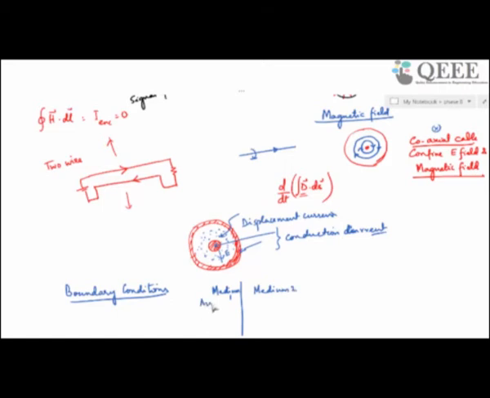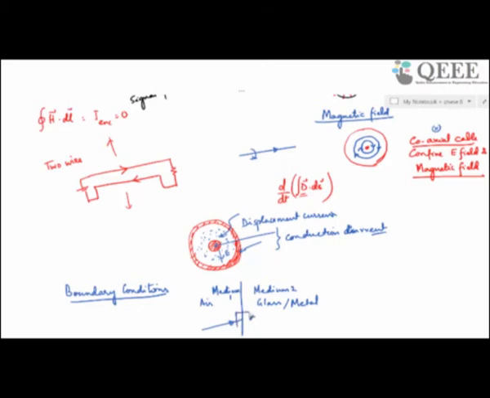Let's say this is air and this is glass, and I apply an electric field like this. I want to know what happens to the electric field inside the glass. Or this could be metal, it could be copper, it could be anything, could be another dielectric also. So if I were to find out what happens to this electric field when it encounters a change in medium,